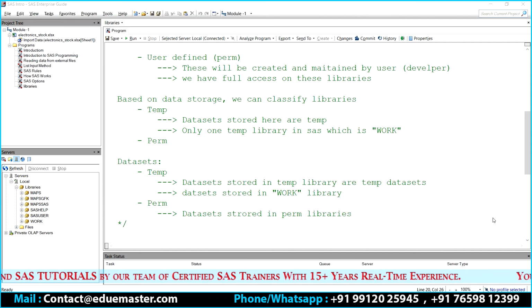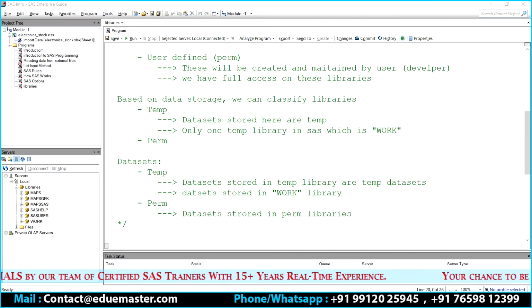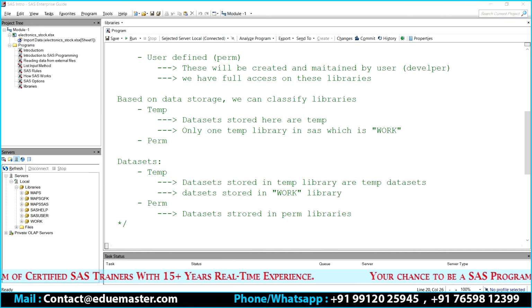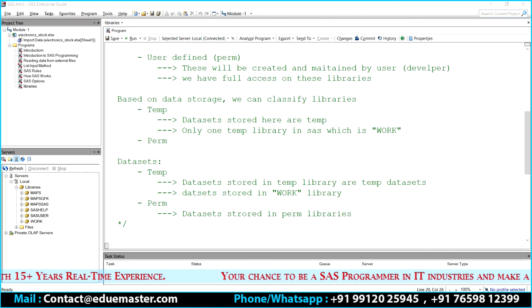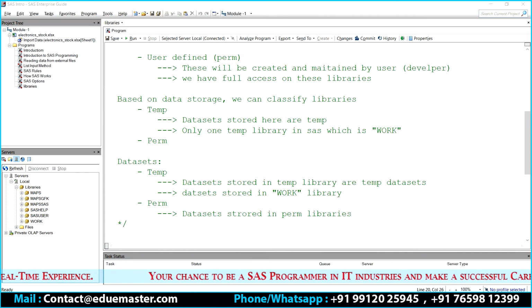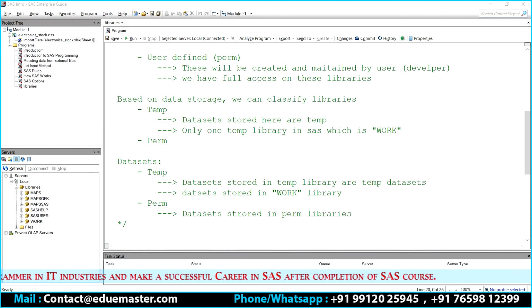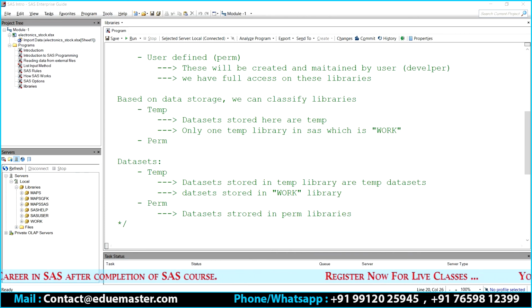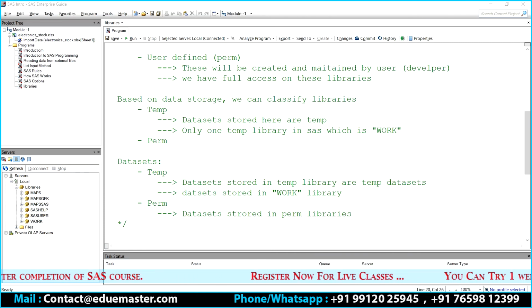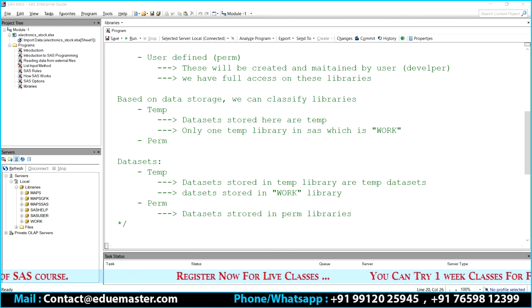Okay, I'll tell you. Guys, in general, when you install SAS, let's say you have a 1 terabyte server. 1 terabyte of Linux server is there. Let's say for 2 people, there is a Linux administrator and there are 2 SAS developers. The 2 SAS developers can log into that particular server and they can work on SAS. Now the server is nothing but your PC. Just understand it as a PC.